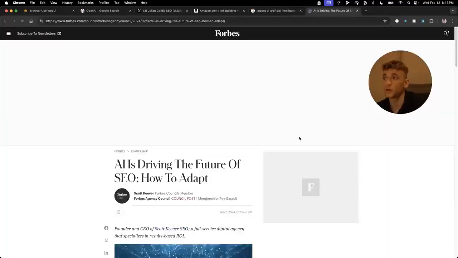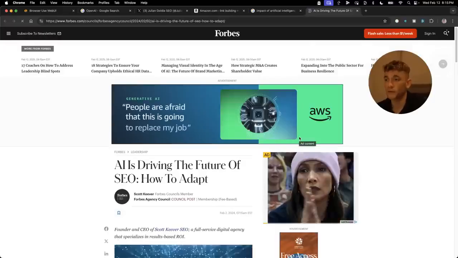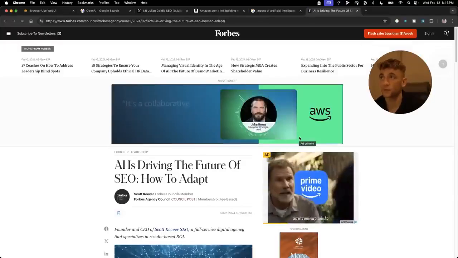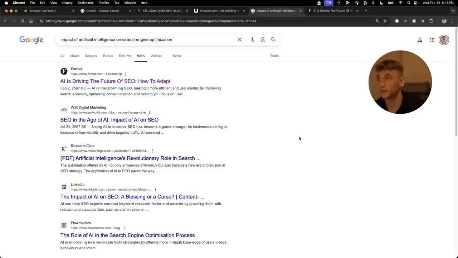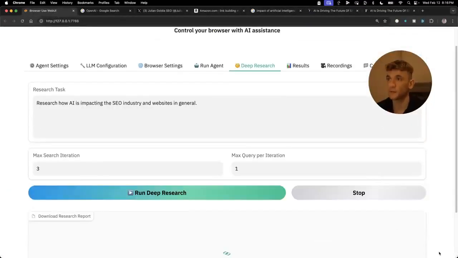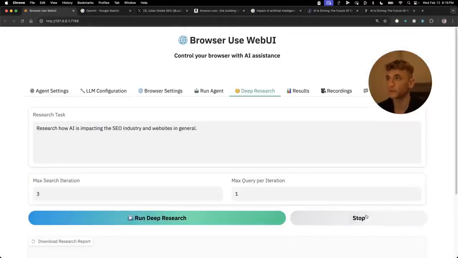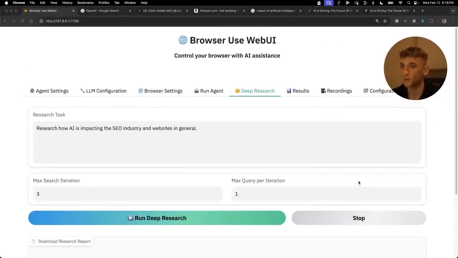Honestly, I think it's getting to the point now where it can do a lot for you, right? It can open multiple tabs. It can control your browser with all your logins in there. It can write tweets for you and draft them, so you just have to hit post. It can search for stuff on Amazon. It can build full research reports like you can see. And it can do this all in the background whilst you do something else. As you can see, this is still researching, still looking things up in the background